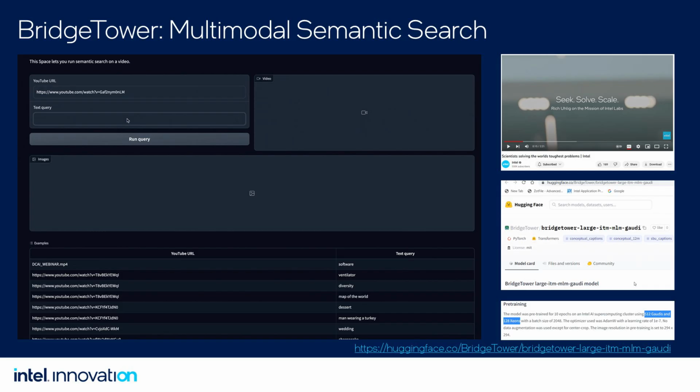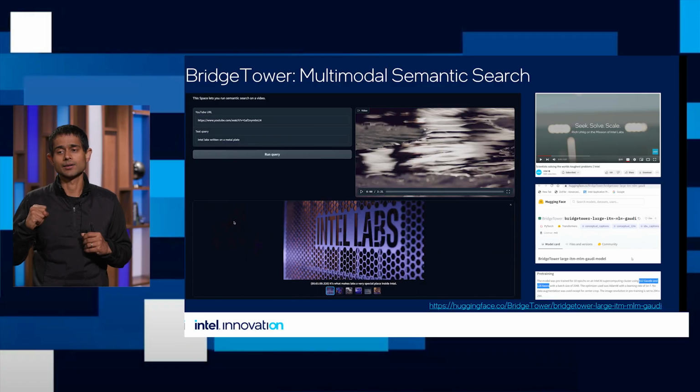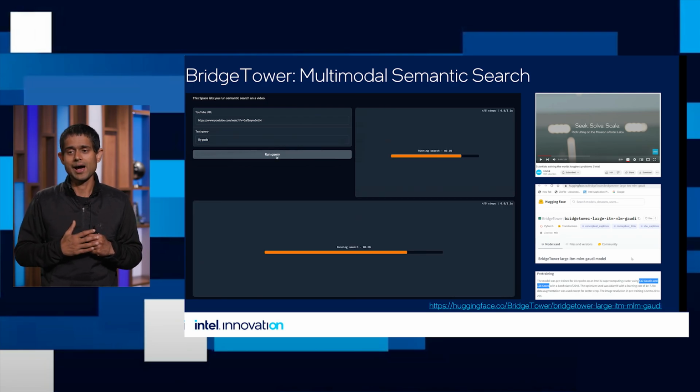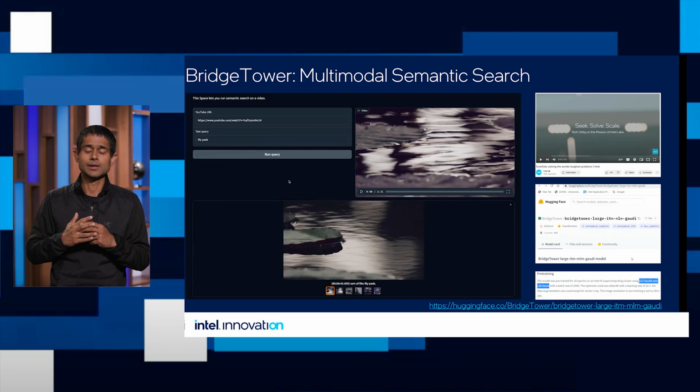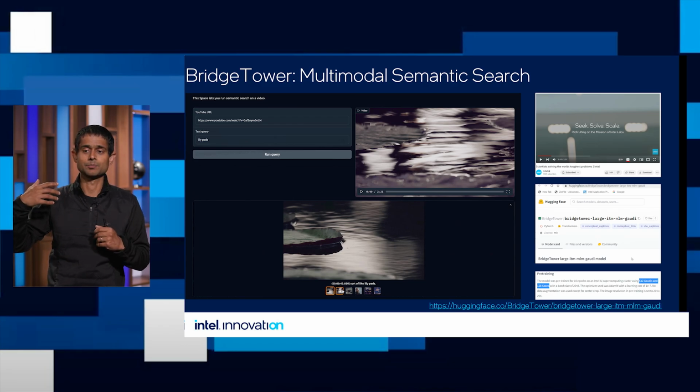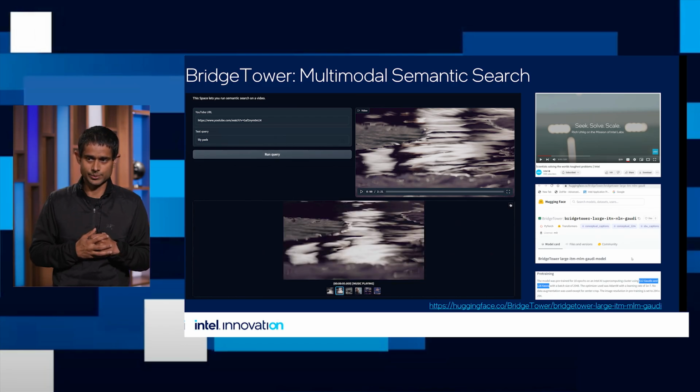So for example, for the Bridge Tower model, this is a multimodal transformer model that's been trained on 512 Gaudis, and in this application, this model can accept any video URL and a user query, and the model will try to retrieve a frame from that video that best describes that user query.